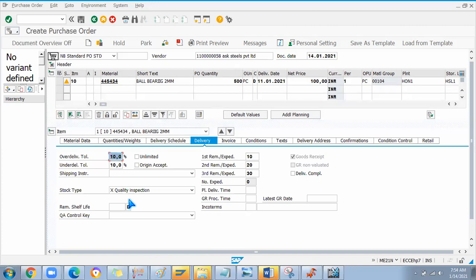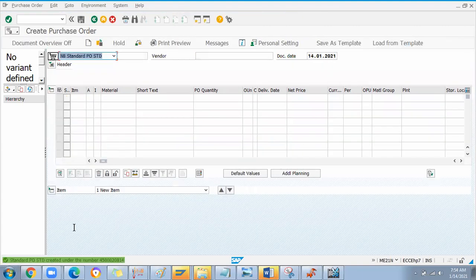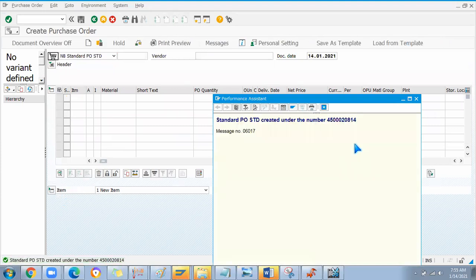And another question is, is it not possible to change? We can change also, no issues at all. Even after saving the PO, at MIGO time also you can change it if you're going to run some different process, not moving the stock to quality inspection. You can change it in the MIGO screen also. If you maintain quality inspection stock without extending the quality view in the material master, then by default it will post into the quality stock. It will happen in that case, but what is the problem that will occur? There is no inspection lot generated.